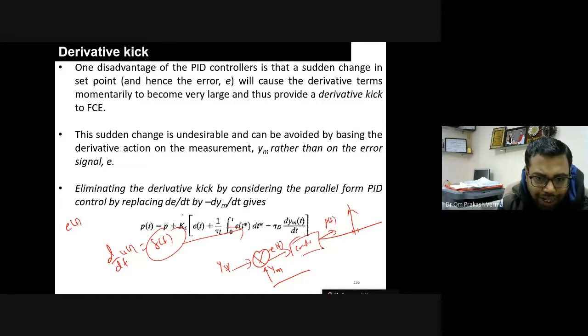तो हम लोग जो कंट्रोल एक्शन लिख रहे हैं वो ET के टर्म में लिख रहे हैं. Just we are writing the control action in the terms of the ET, like as PT is equals to, since it is a PID controller. Okay, so this is the proportional controller, this is for the integral controller, this is for the derivative controller. Now how will the derivative kick be eliminated?